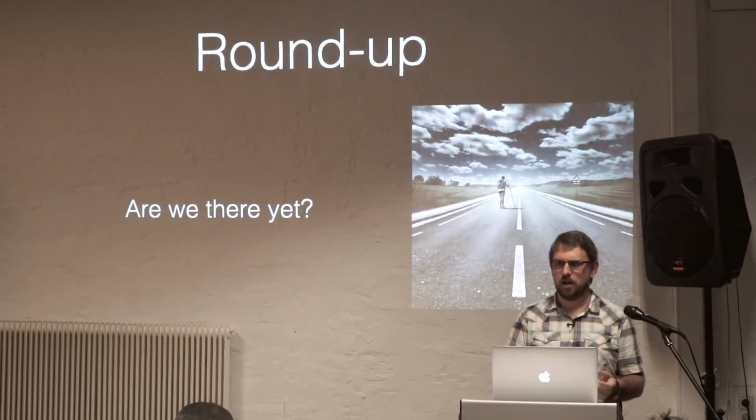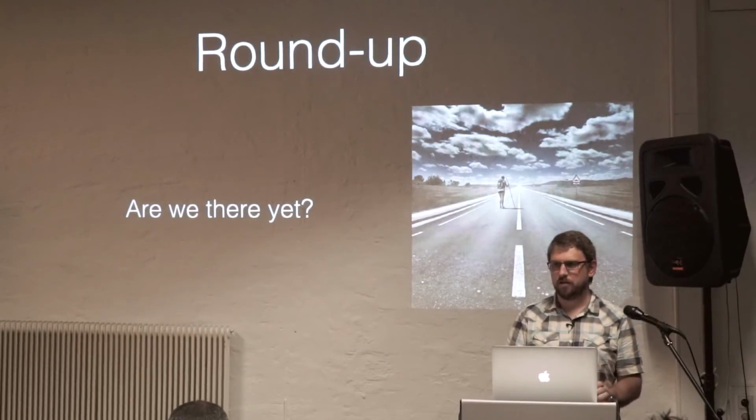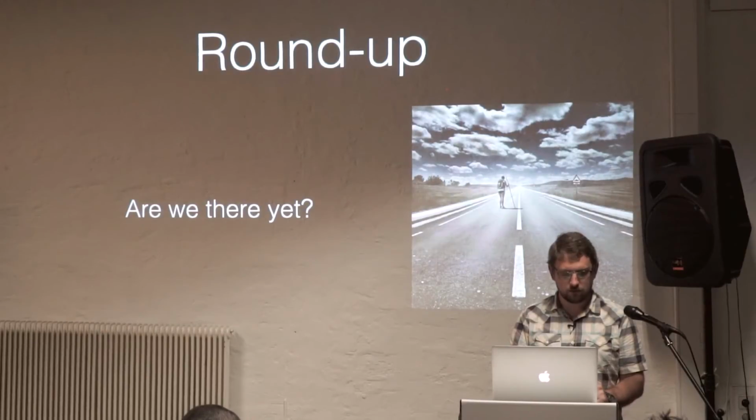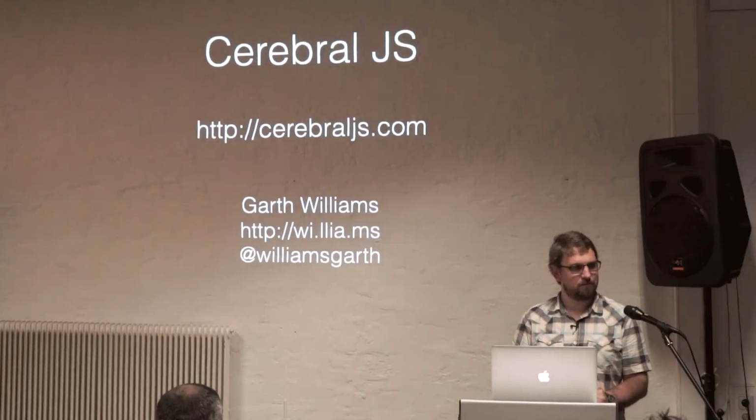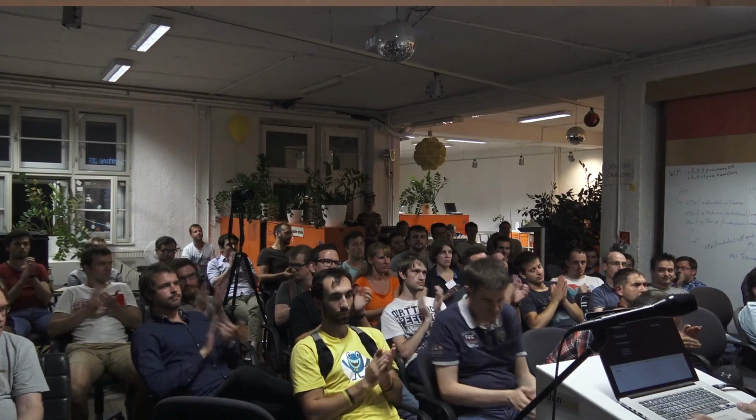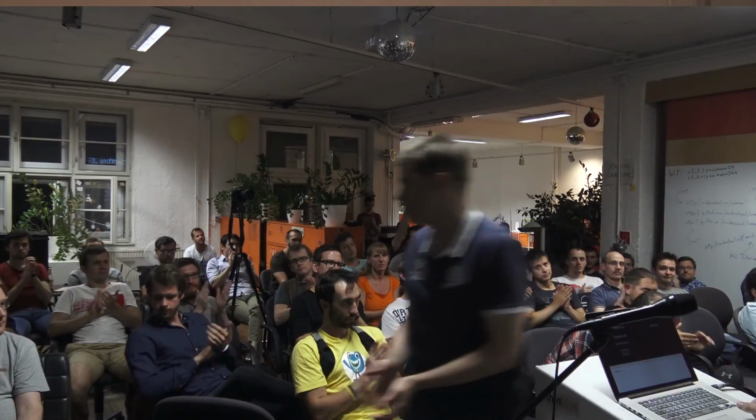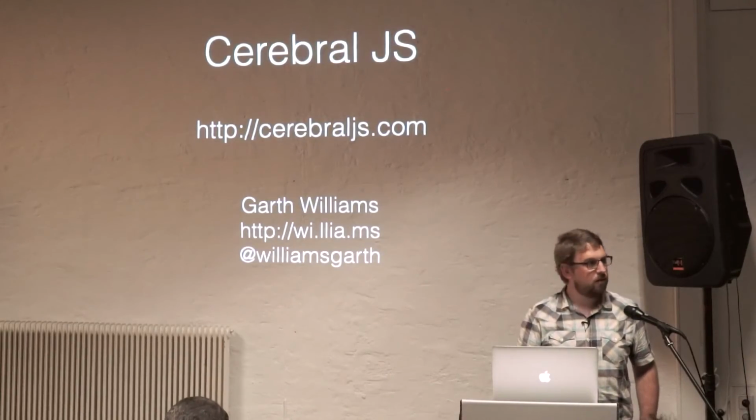Cerebral was released officially as a 1.0, meaning a stable API, about 2 weeks ago. So if you start building apps with it today, you've got something dependable that's going to hopefully remain and be supported for some time. And for me, anyway, it helps me to build fairly large, complex apps, and I'm currently using Cerebral in a project for the Railway Group. And that's it. Any questions?